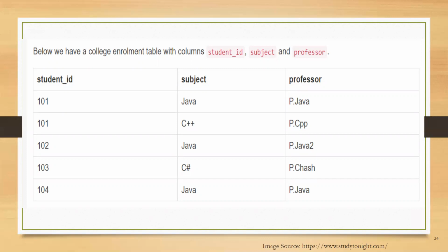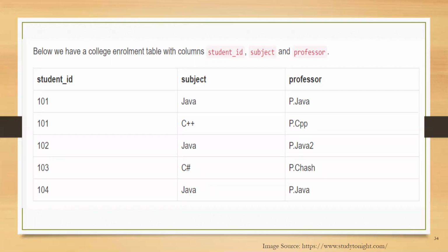So the question here arises: what do you think should be the primary key? Well, in the table above, we can see student ID and subject together form the primary key, because using student ID and subject, we can find all the columns of the table. But one more important point we have to note here is that a professor teaches only one subject. However, there is also a subject wherein many different professors are teaching. So we can say that there is a dependency between subject and professor here, where the subject depends on the professor who is teaching that subject.